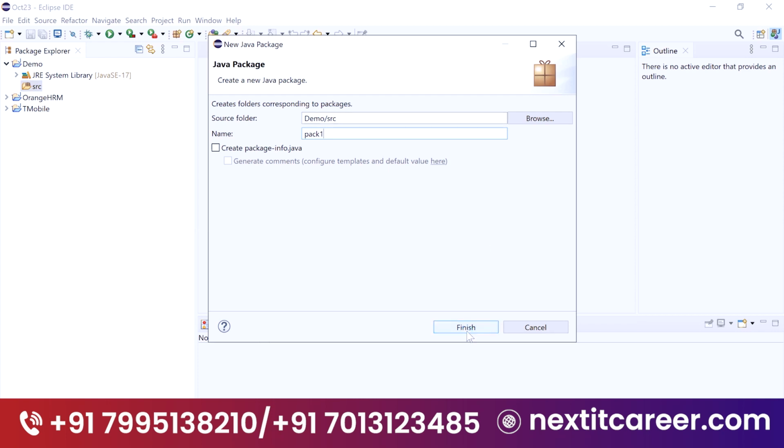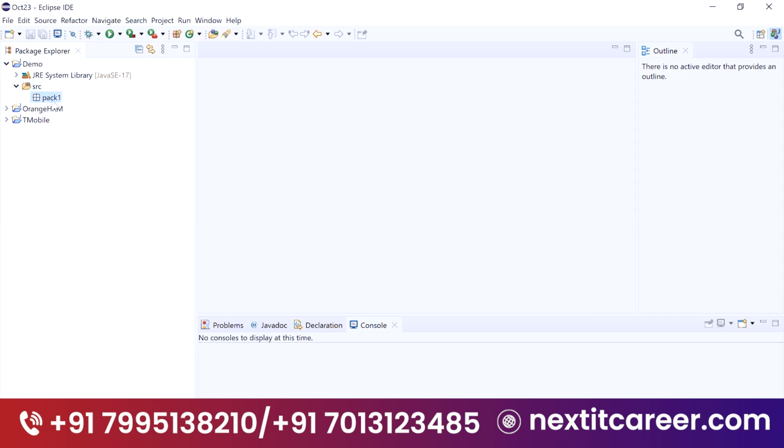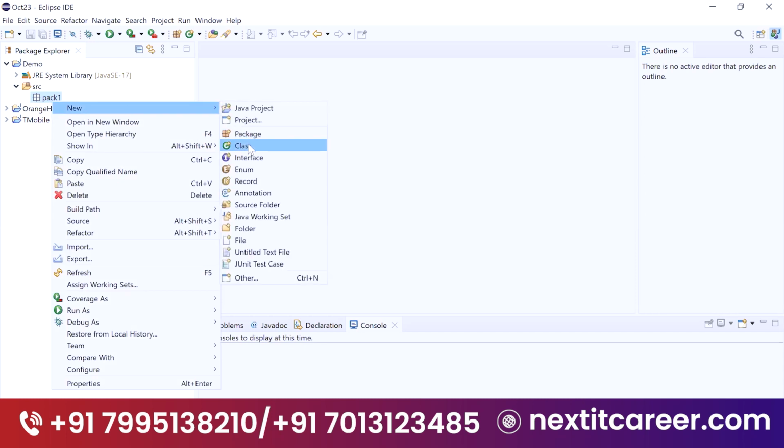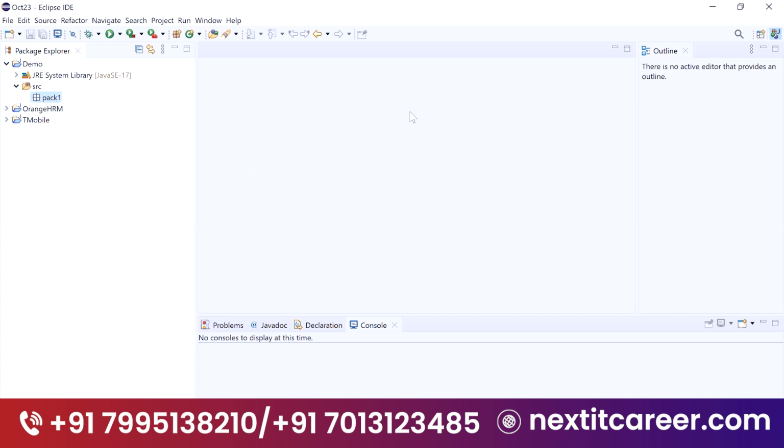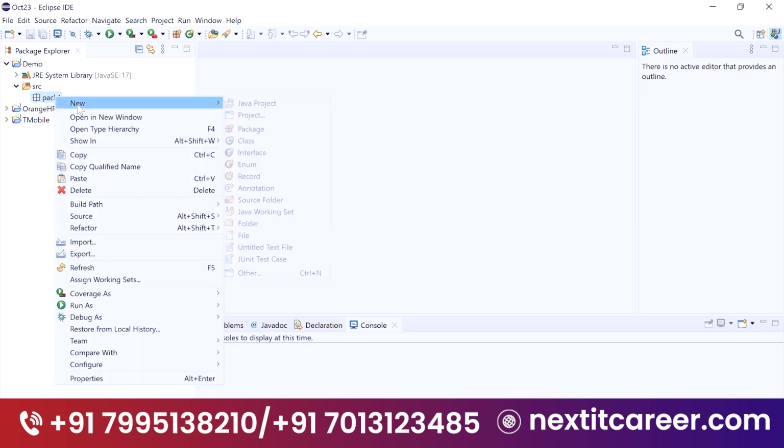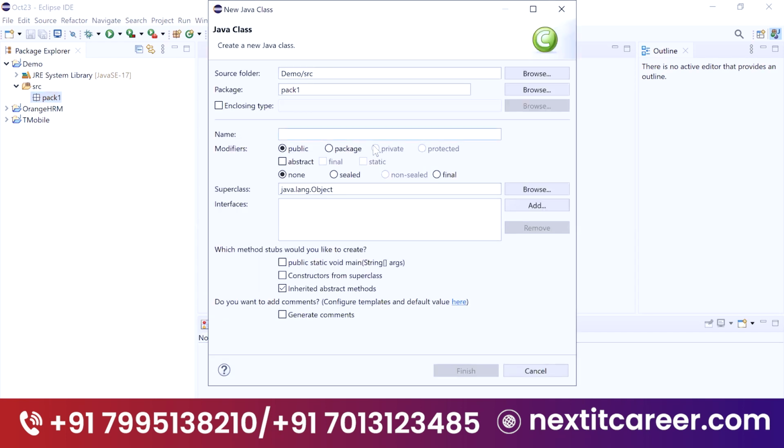Package 1, finish. So now the package. Naming standards are there: for a package, all are small letters. Now right click on it, new, and class. So I'm writing a new Java program. How do you create a new Java program? Right click on your required package and choose new class. Whenever you select this, you are creating a new Java program. Class. So my program is program